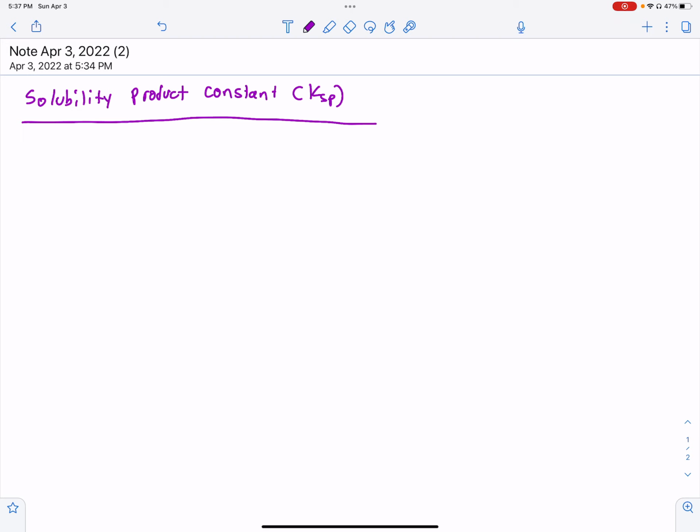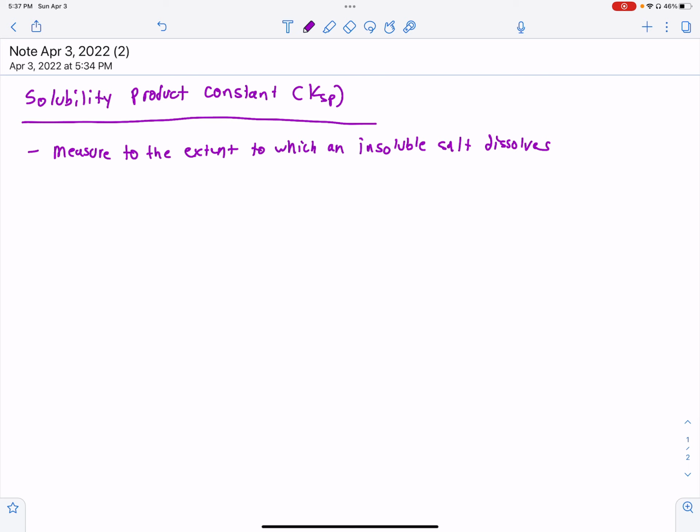So KSP is a measure of the extent to which an insoluble salt dissolves. So I will say, before continuing on with this lecture, that for the KSP chapter, it is essential